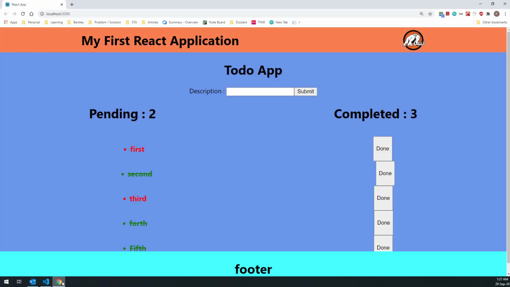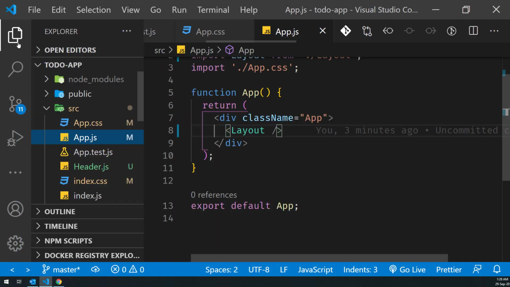Welcome back. In this section, we will learn about how to build our sidebar component. So we want to display the sidebar on the left of this header text and this application. So that sidebar will remain on the left side of our application. So to add that sidebar, let's go back to the code and add a new file